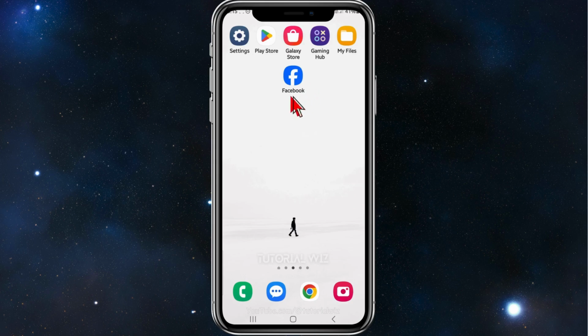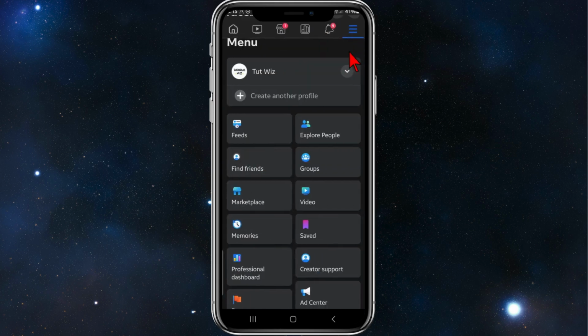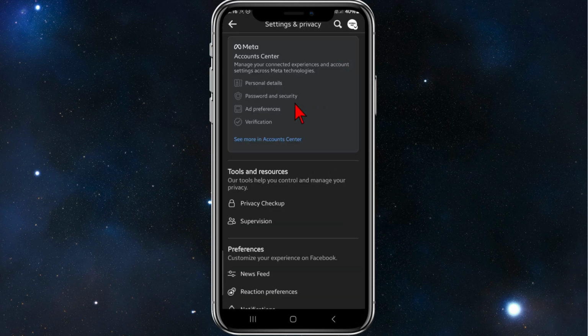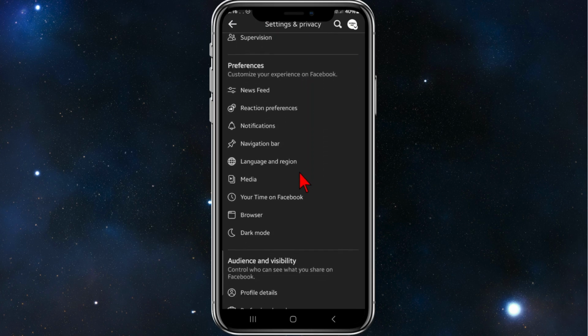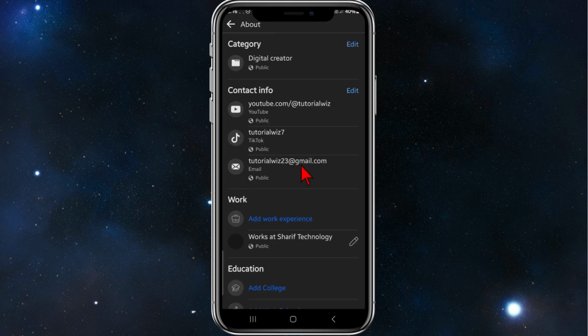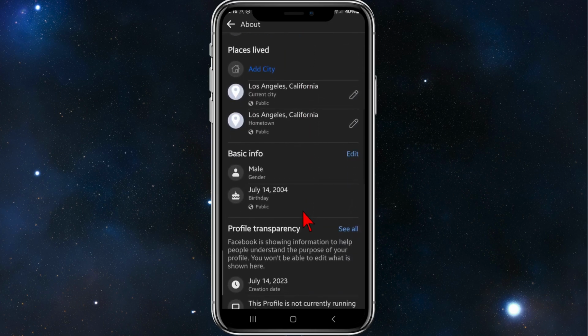Alright, the first thing you need to do is open up your Facebook app on your phone. And then from here, click on the three vertical bars, top right hand corner of your screen. And then click on the gear icon. And then scroll down and look for profile details under audience and visibility. So click into profile details, and then from here scroll down to where it says basic info,